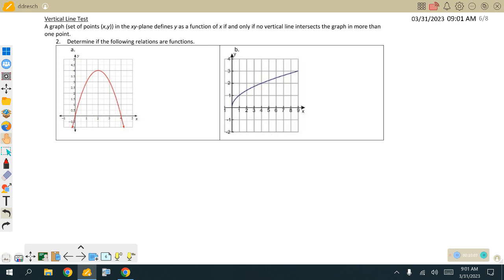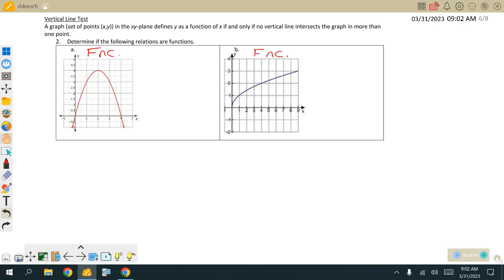In order to be a function, your pencil vertically should only hit that graph at 1 point at a time. So when I drag that pencil across this graph, it is only hitting that graph at 1 point at a time. At any time, is that graph and pencil hitting it more than once? No. 1 point, 1 point, 1 point. This is then considered to be a function. Okay. What about letter B? Take your pencil, again, line it up always vertically. We call it the vertical line test. Drag it across that graph. 1 point, 1 point, 1 point. This is considered to be a